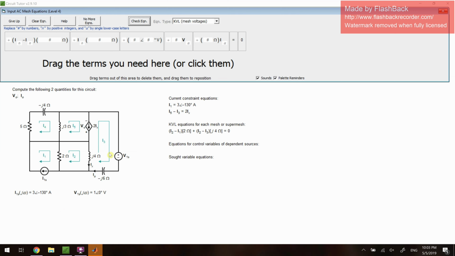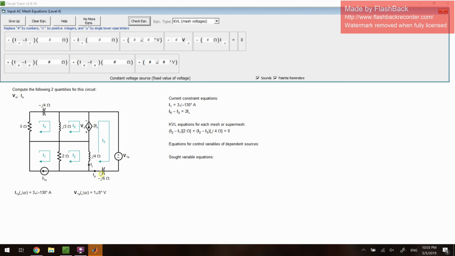Then moving over to the next mesh, I3, we can again see that there is a current supply here. This would normally be a problem, except that we can create a super mesh, unlike we could with mesh 1. So in our super mesh, there are 3 impedances and a voltage supply. 2 of those impedances have 2 currents running through them, so we pick the appropriate term for that. The voltage supply, again, we pick the appropriate term for that. And the last impedance only has 1 current running through it. So we pick the term with 1 current and 1 impedance, and the sum of those should be equal to